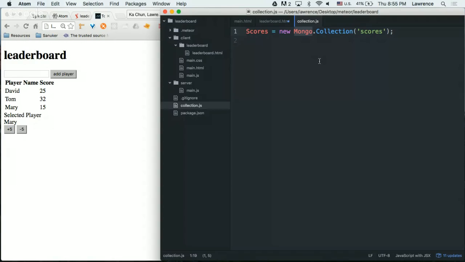But that is technical, so you don't really need to learn about it. But here, basically, I'm telling you that we are creating a Mongo database. And inside a database, don't think database is something really hard. Think about your Excel. In Excel, you have columns and grids. Remember in your Excel, you can create new tabs underneath. So each tab is a table. So I have tab 1, tab 2, tab 3. Now we are actually creating a table called scores. So basically a single tab called scores. Just give it a name.